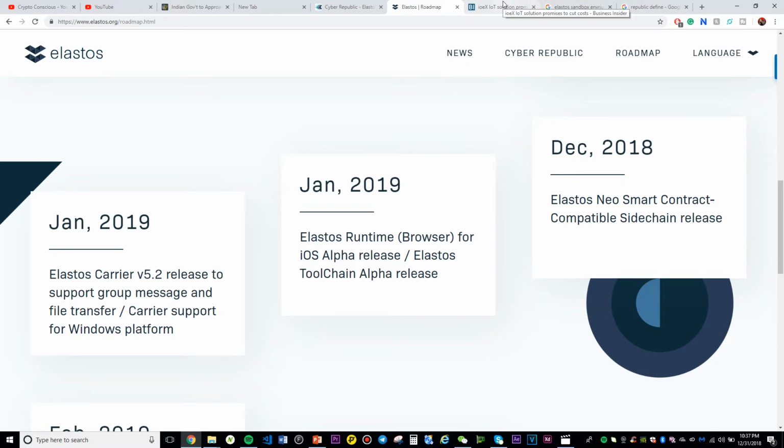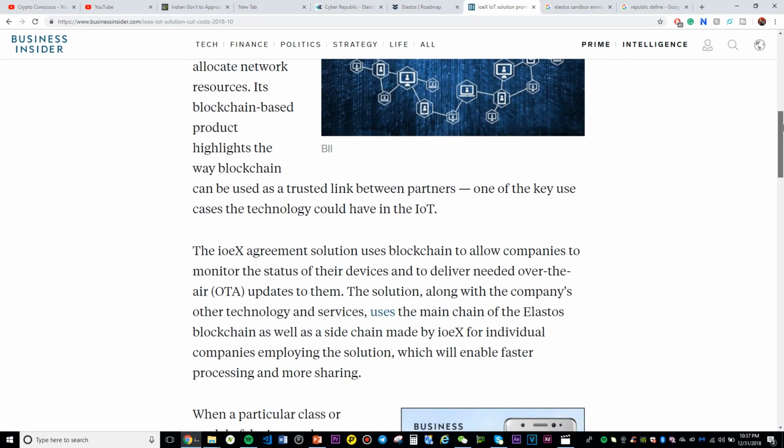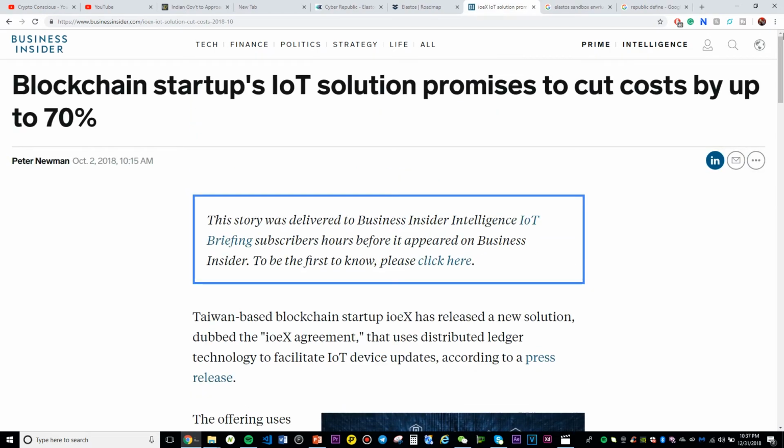So anyway, let's look at that promising project that is utilizing Elastos. IOEX is a project that plans to save IoT companies up to 70% on firmware updates for the devices that they manufacture or use in everyday life.